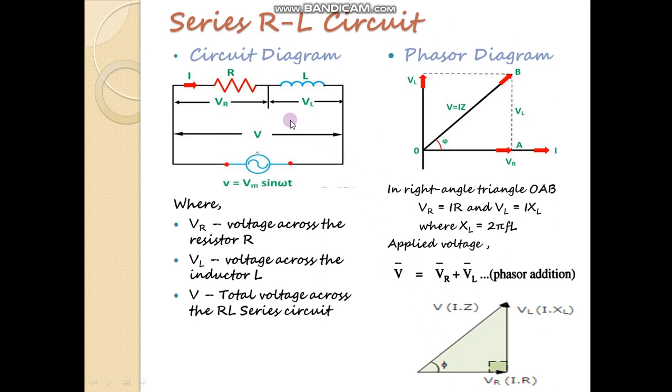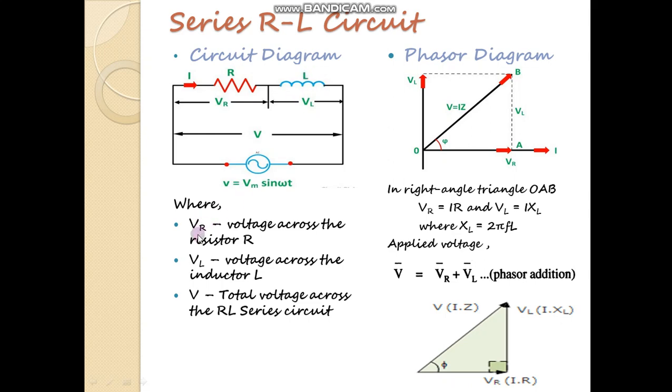Now the fourth type of AC circuit is the series RL circuit. See in this circuit diagram, the resistor and inductor are connected one after another, meaning they are connected in series. Now if we connect the supply voltage or battery to this series circuit, then the same current will flow through the R and L, but the supply voltage will get divided across this resistor and inductor.